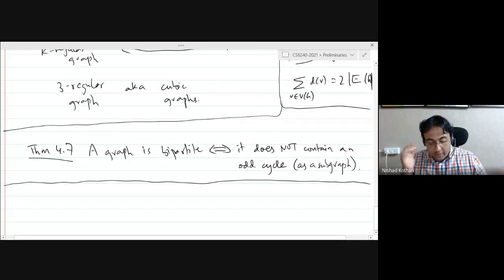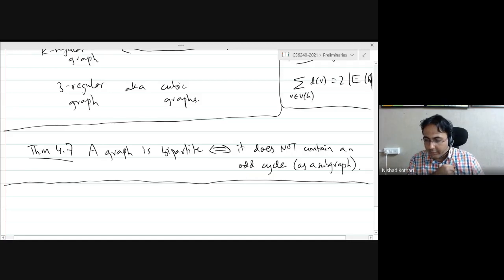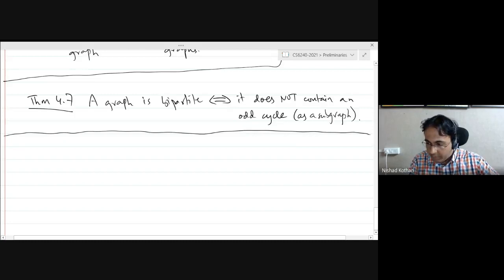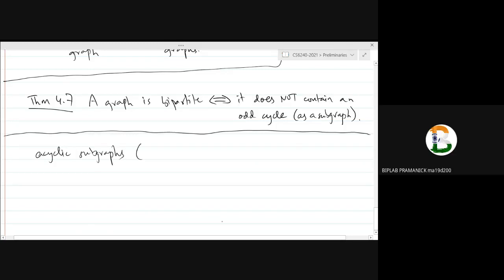So this is a statement we will be proving tomorrow, and you can already try to prove it yourself. If you have already seen it in a previous course, which is very likely, then you can try to reproduce the same proof or try to prove it again on your own. We will define what a subgraph is tomorrow. We will talk a bit more about cycles. We will also talk about trees and spanning trees and everything. And in particular, we will prove this theorem. So I'll just write down some things we are going to discuss tomorrow. We will talk about acyclic subgraphs. We will talk about forests